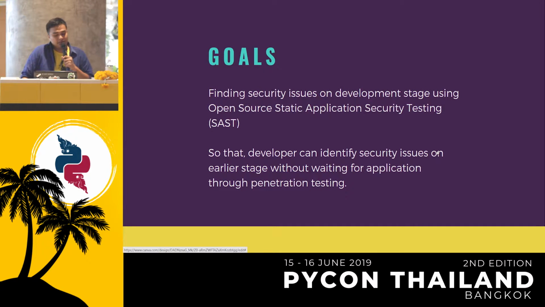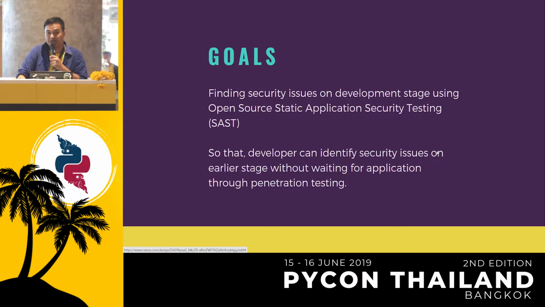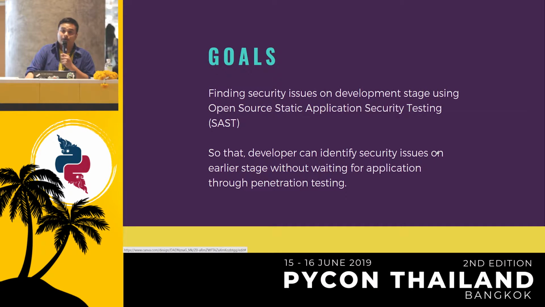today's talk will be about finding security issues at the development stage using open source static application security testing, or as it is well known, SAST, so that developers can identify security issues at an earlier stage without waiting for the application to go through penetration testing. So before we go far,